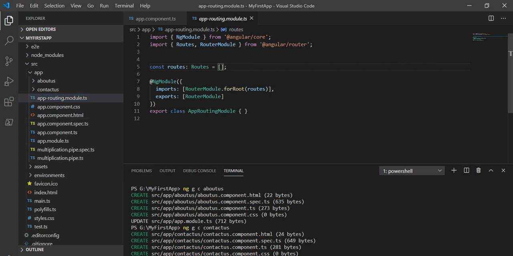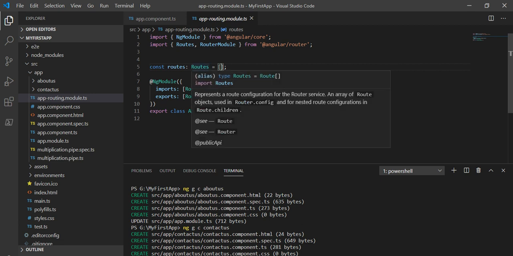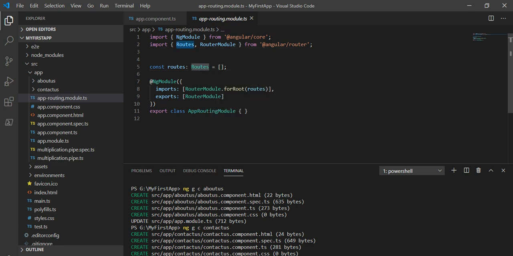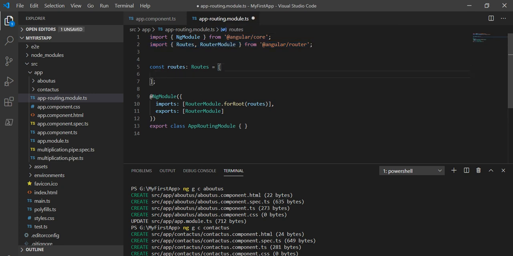In this routing module, we will give the path of these components. Basically, RouterModule is imported from the Angular router library. If it is not imported for you, you have to import it first, so that is necessary. Next we have to give the path to the component.